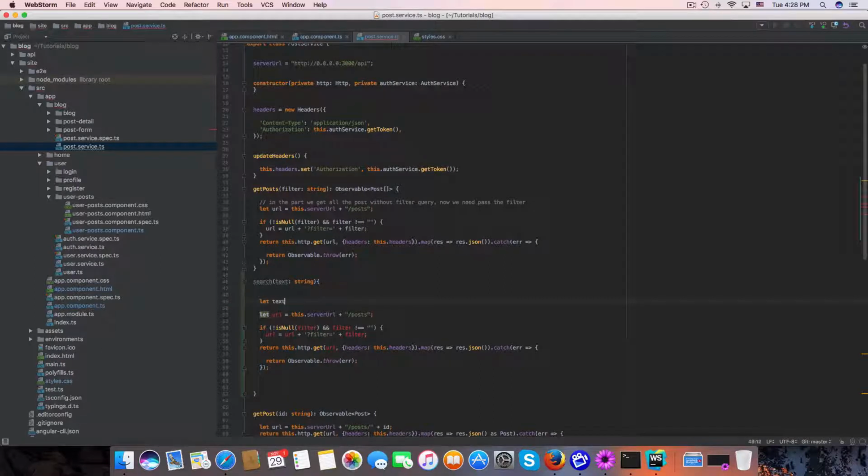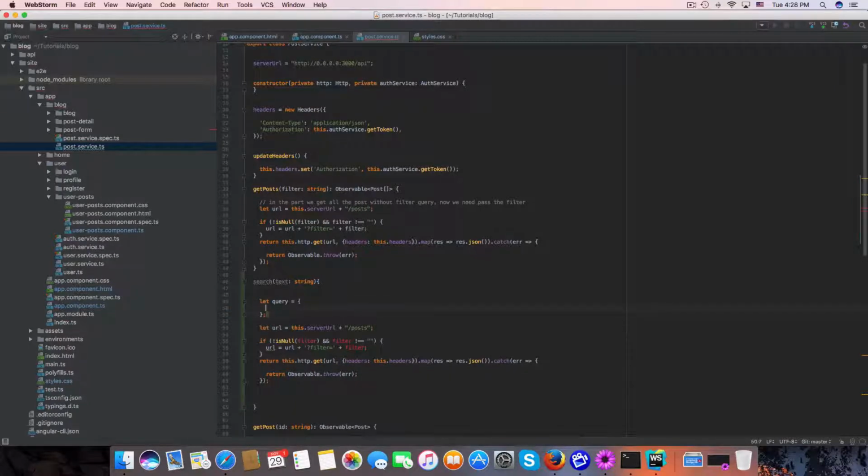Let's take equal, let's search. Take will be an upper scale. Okay. Oh, sorry. Query. Let's query equal, which will be